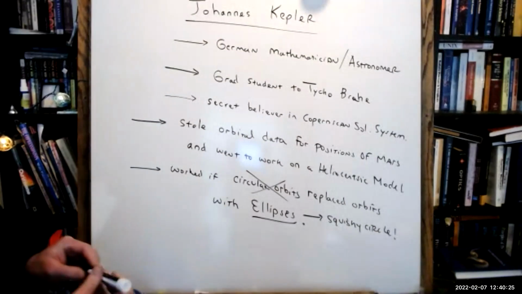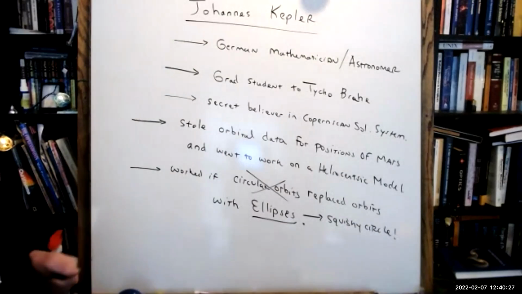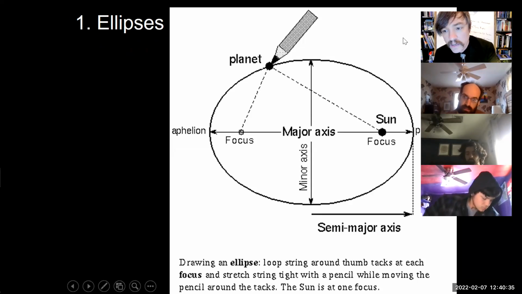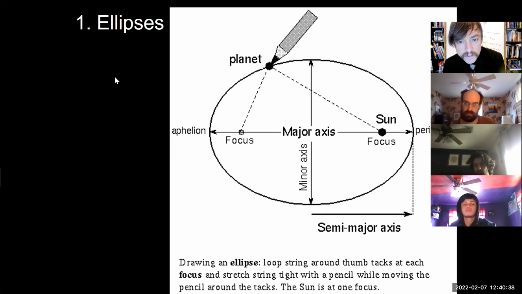Ellipses are going to be what we focus on during our lab today, and I'll show you a quick model of how we're going to do that. There is a technical mathematical description of an ellipse, but it's ugly and it uses trigonometry. What we're going to do to make one today is take that cardboard that I talked about